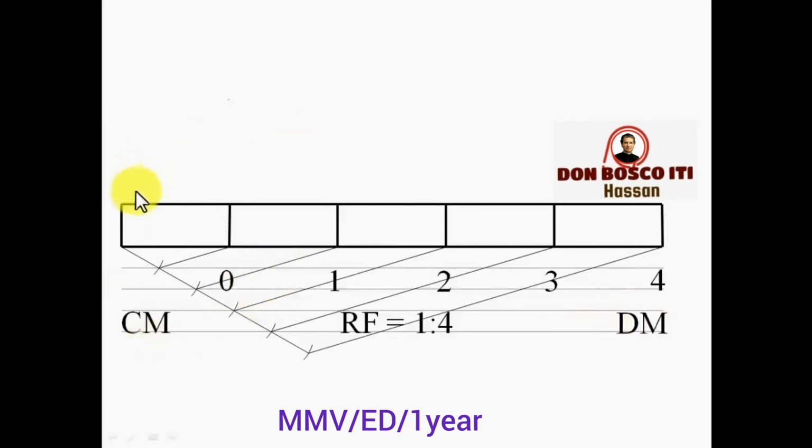Now this portion of the scale over here represents 1 decimeter, and 1 decimeter is equivalent to 10 centimeters. So in order to see a division of 1 centimeter each, you need to divide this section over here into 10 equal parts, and for that the process is pretty simple. Something like this, you have to make arcs over here, 10 arcs, since this has to be divided into 10 equal parts.